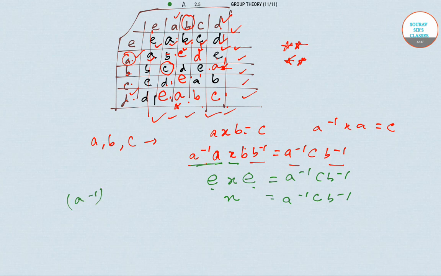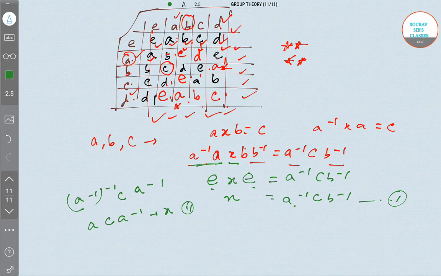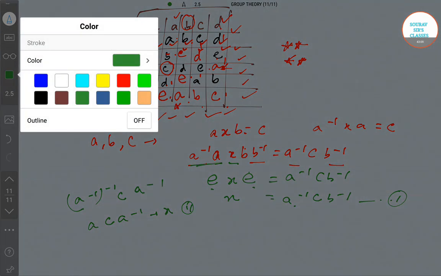Every time you put A inverse, we get X equals A C A inverse for the value of X for the second equation. And this is for the first equation based pattern. So in this way you can solve any equation based structure also without going further into the